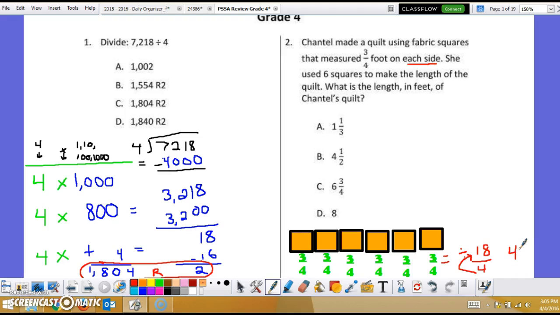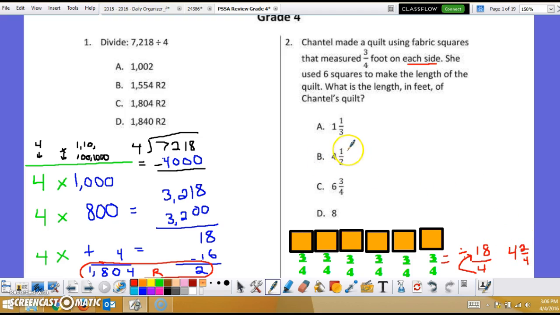How many left over? That's my numerator. There were 2 because 18 minus 16, because remember, 4 goes into 18... I'm sorry, 4 times with 16. 18 minus 16 is 2, and then I push my denominator over. Of course, this test doesn't just let it stop there because 4 2/4 is not a choice, but I know